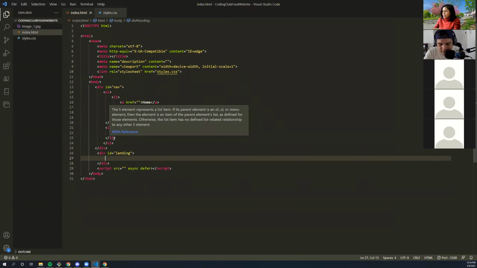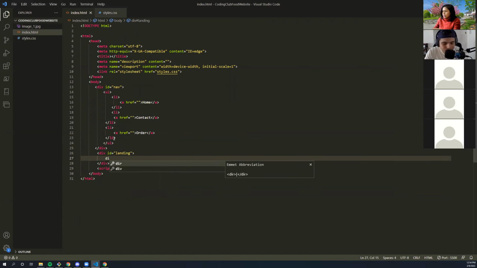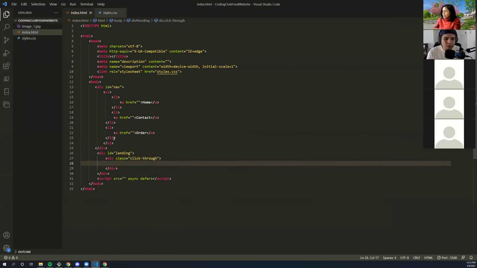So I'm gonna say I want to call this click through, right? Because that's kind of the term that we use in marketing when you're taking a person clicking on your ad from Google and then clicking through to becoming a client.